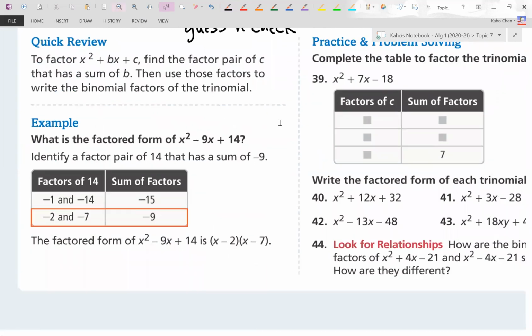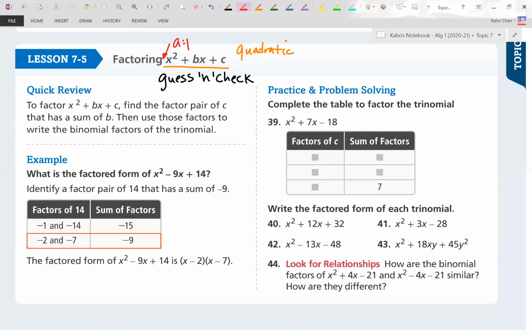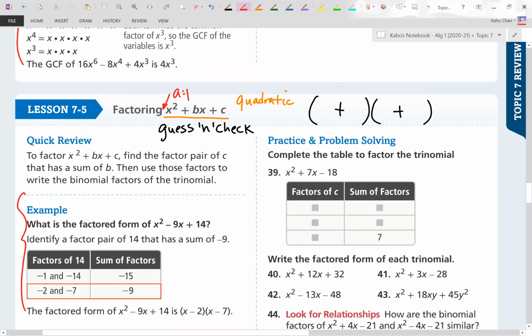Zoom out a little bit. So what we're going to do, you can always look at this table here. We're going to imagine what we're trying to do here is we're trying to factor it into a binomial times a binomial. Think about FOIL briefly here. When you FOIL a binomial times a binomial,